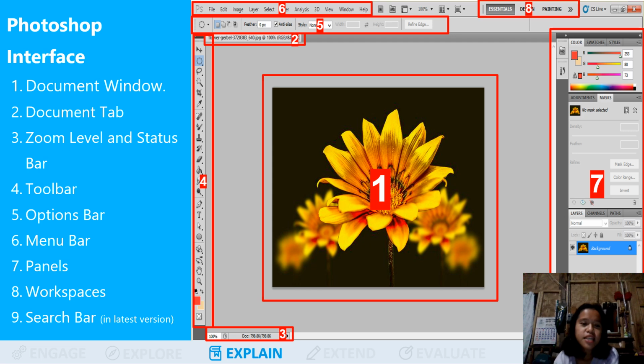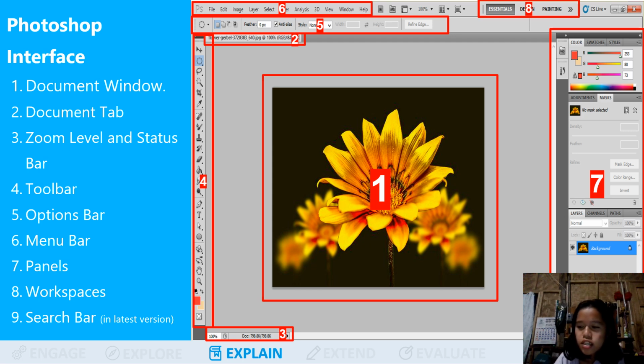Next is the document tab, which is number 2. The document tab is the tab at the top showing your file name, and it helps you switch between open projects. Next is number 3, at the bottom, the zoom level and status bar.